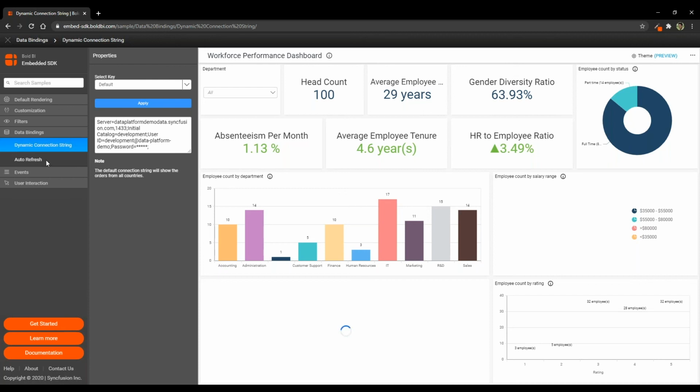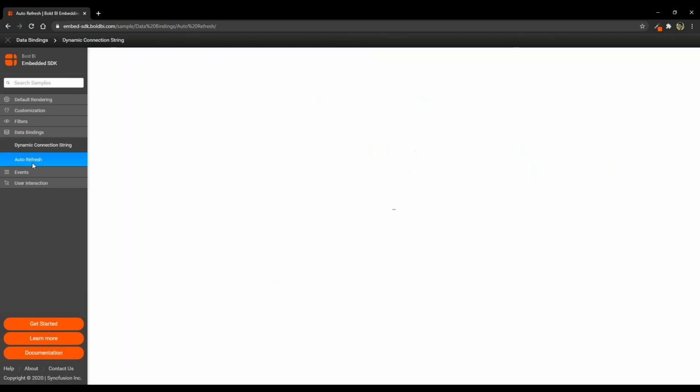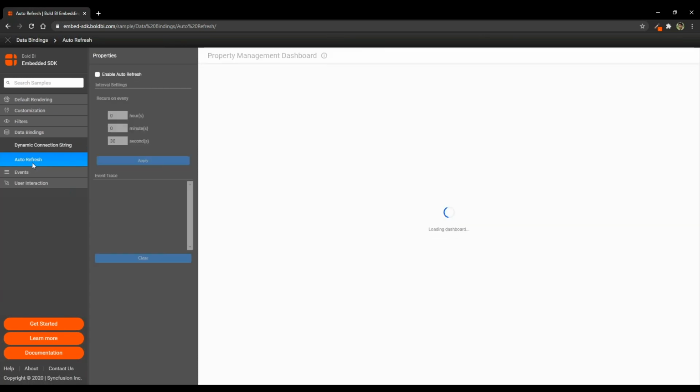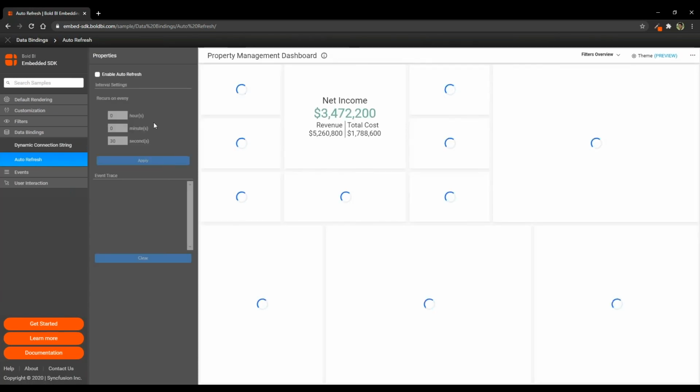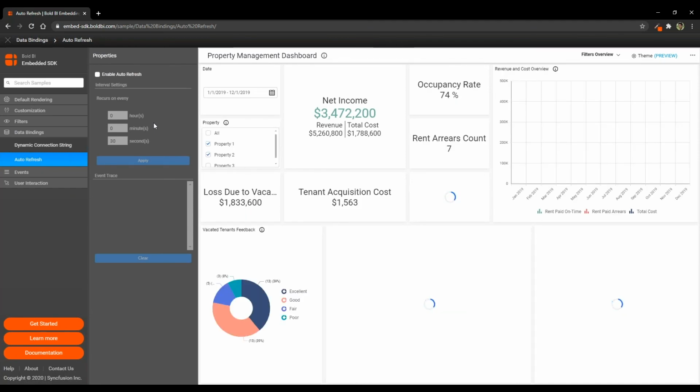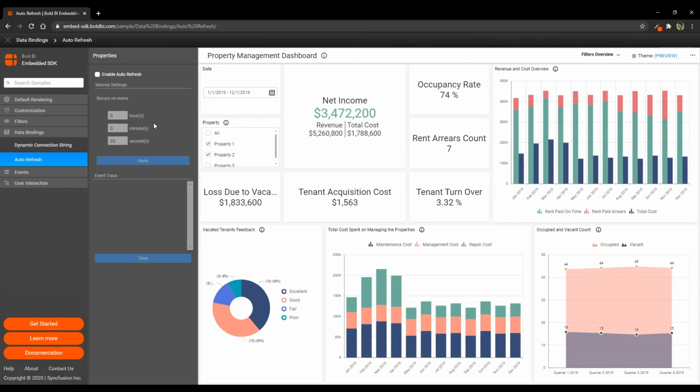And auto refresh. There could be scenarios where you might need an auto refreshing dashboard to display real-time stats. For example, you might create a weather report or a dynamically changing pricing report, right?